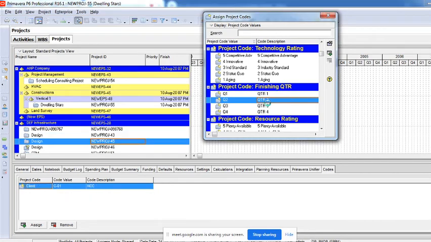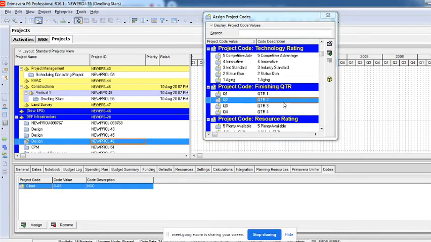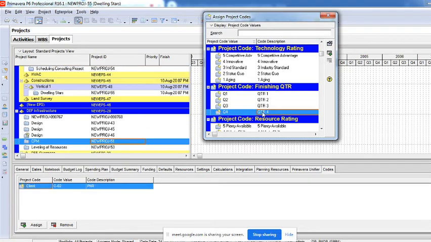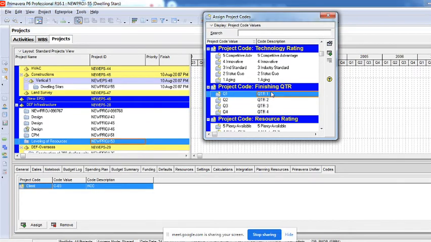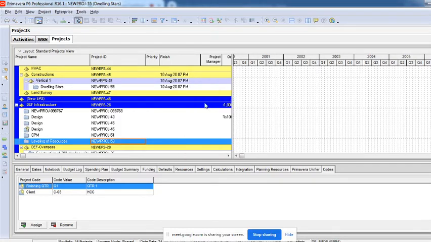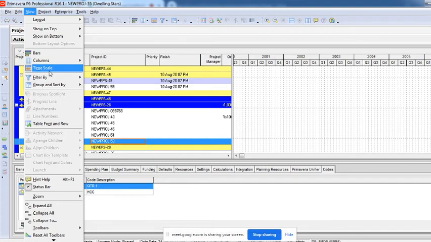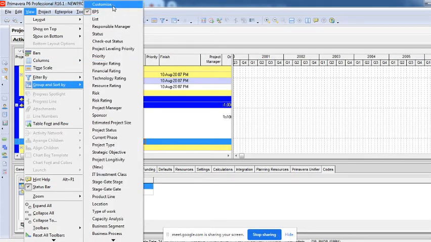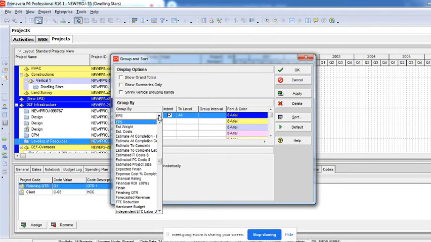I'm just selecting something to show you, so that it is not wasting much of our time. Like this I can assign to all the existing projects, the way I want to monitor them, right? The moment you do it, how do we do grouping? There's an option here called grouping, group and sort by, or you will find it in this option called view also. The moment you click on view, you can see there's an option called group and sort by, and then you will have to go to this customize option. Here you get an option called, whatever name you have given, what name did you give? FFF.